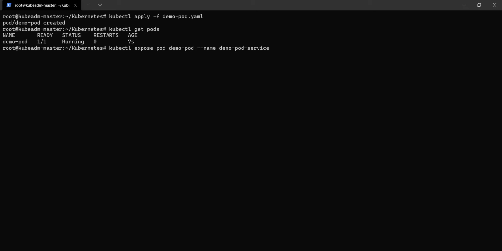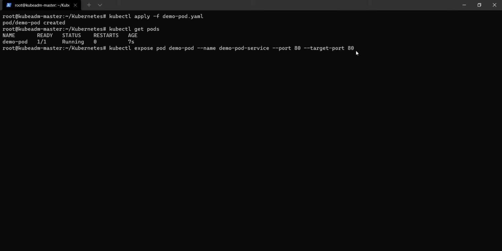And we need to tell what is the port for the service. Let's give that 80. And target port is basically for the pod, so on which port the container is accessible. That is what we are specifying in the target port, and it is 80 again. So this port 80 is for the service, and target port is for the container.